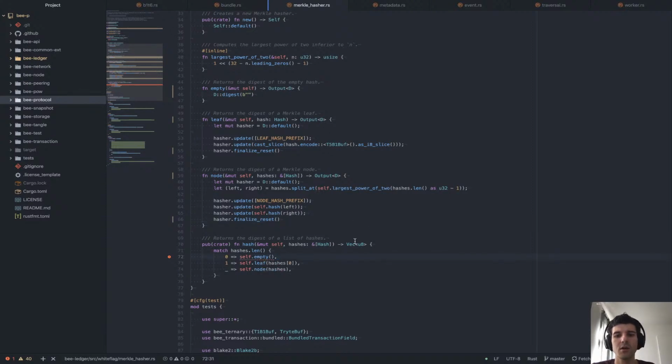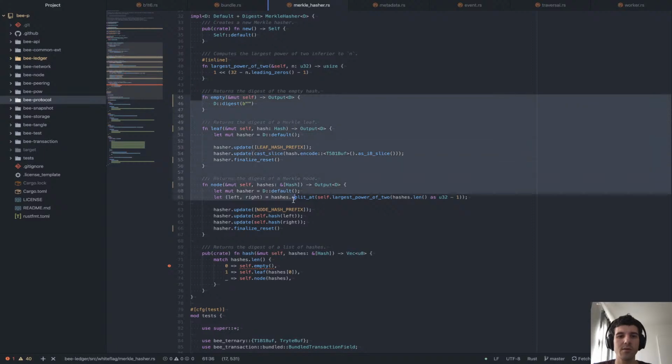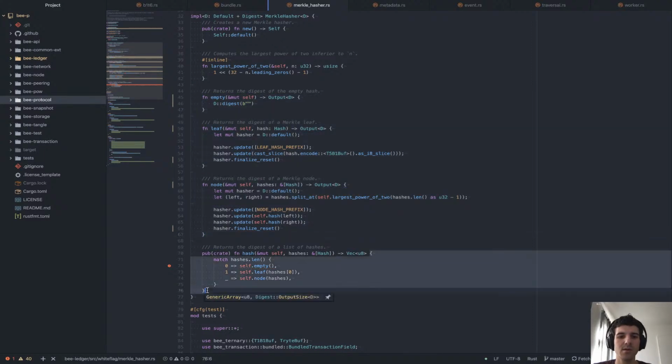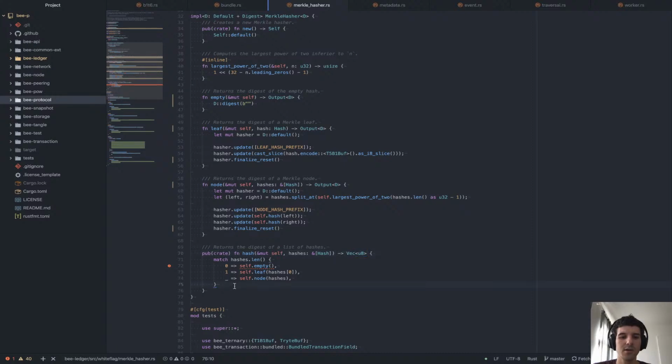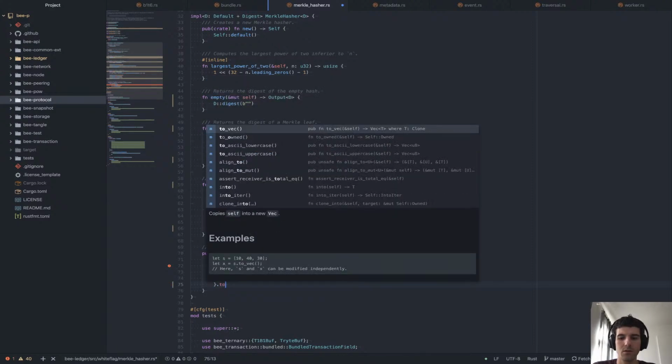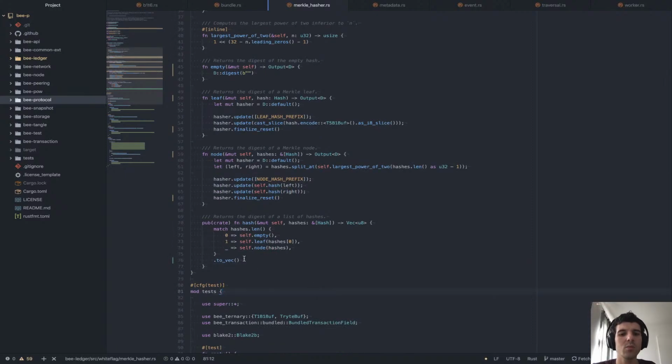So now I'm not going to change the output type of this one, because this is the actual API. As you can see, these 3 functions are private, and this one is public to the crate. So this one is the actual API. So I still want to have a vector of u8, so I'm not going to change this one. So this is working. So we only want to convert to a vector